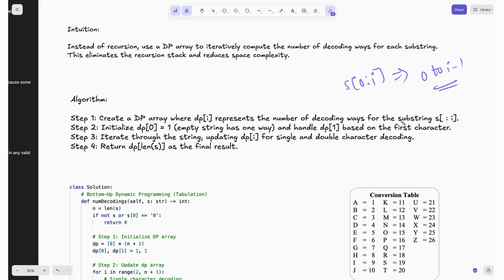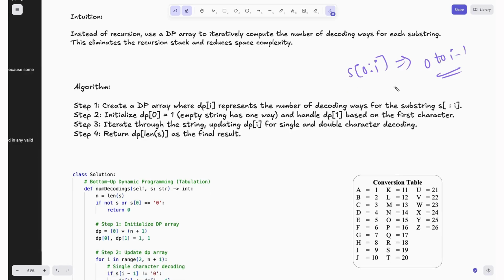So that's why we have to have a check based on whether it is 0 or not. If it is not 0, then we will have one way to decode it. That's the idea when I meant based on the first character here. Okay. Step 3, iterate through the string